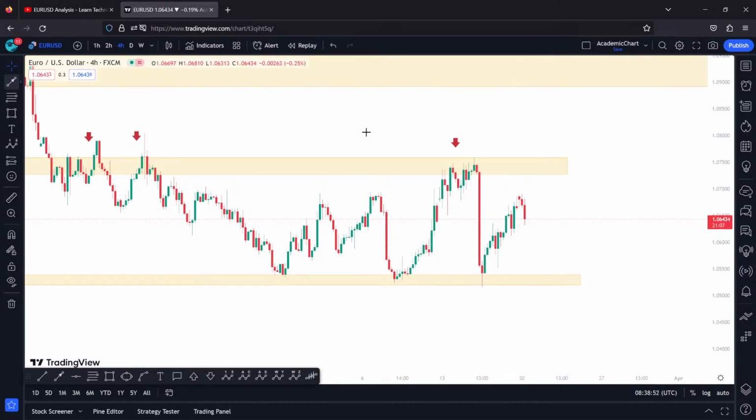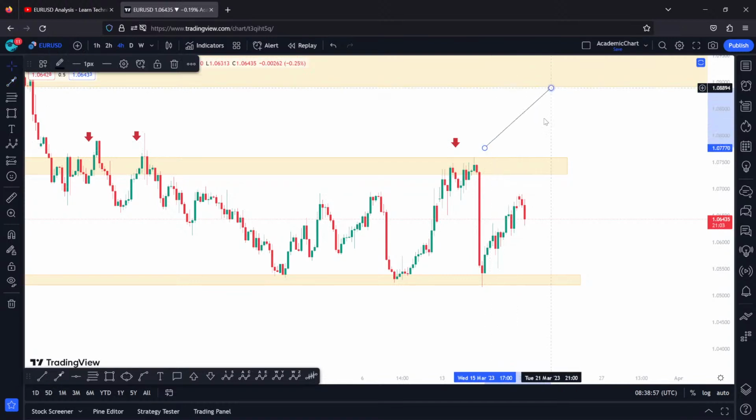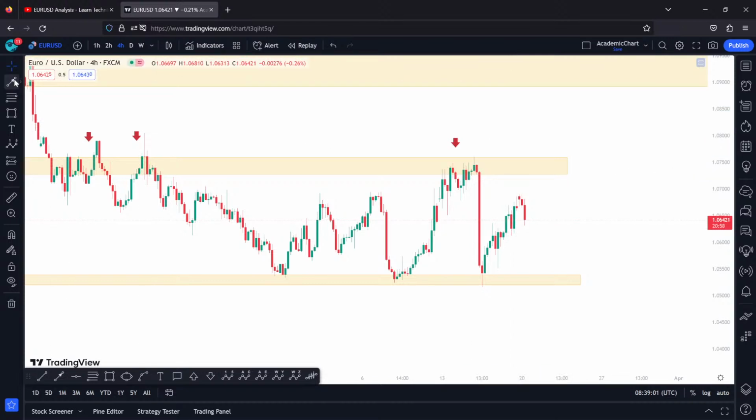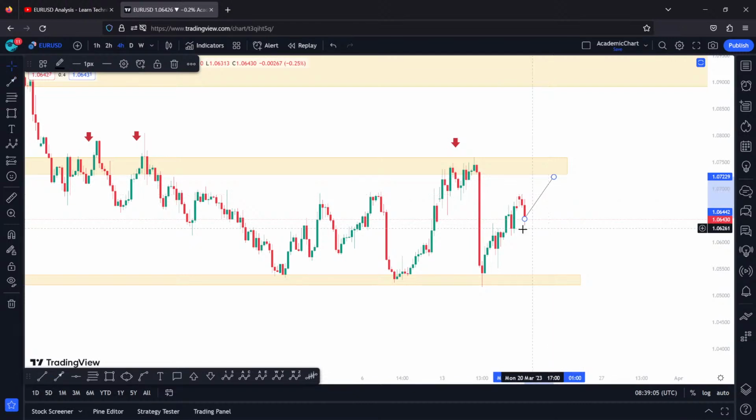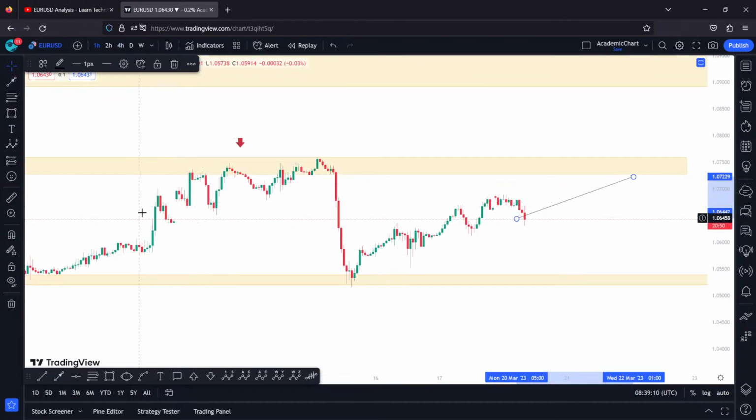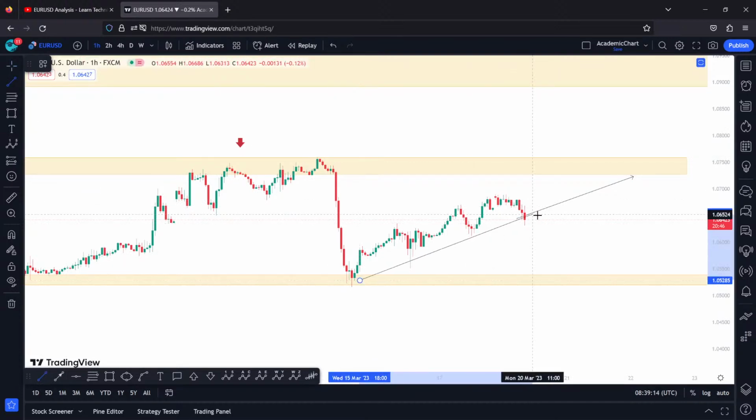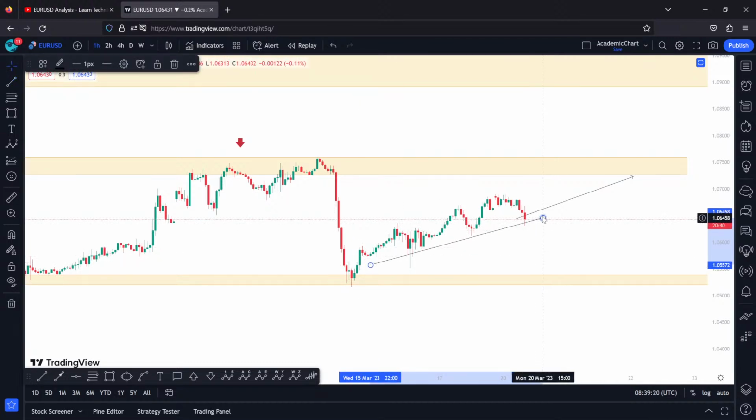But it is still possible. We discussed this reversal to this level, which didn't happen. But as a second scenario, it might be that we have a reversal to this level. The reason is that if I jump into a lower time frame and try to draw a trend line of what is going on here, I can see,